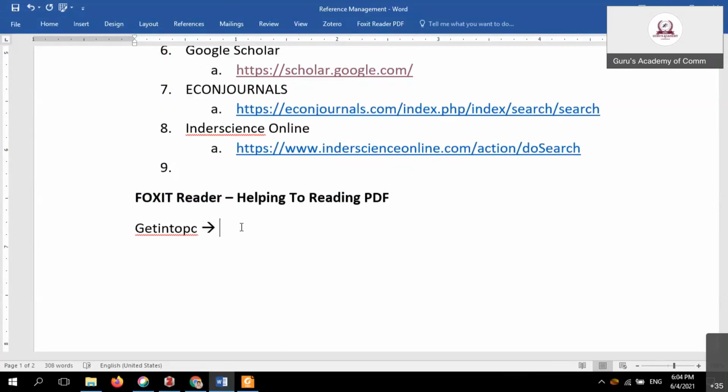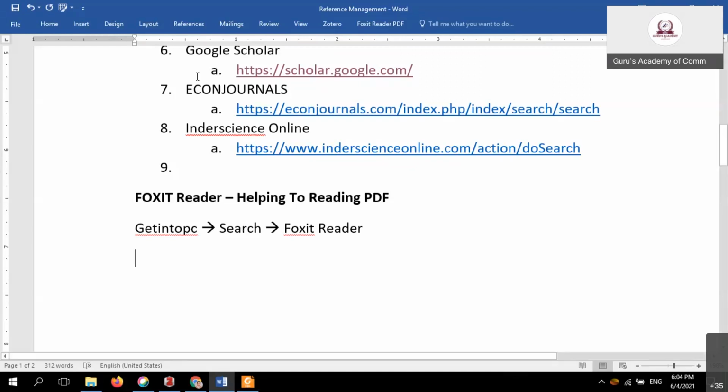In the search button, give Foxit reader. Or otherwise don't worry, I will give the link also. Nothing to worry. Full version is available. This is called a full version, not a pirated version. Get Into PC has all kinds of software you have learned.